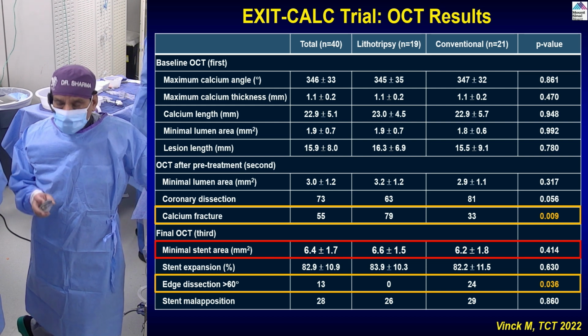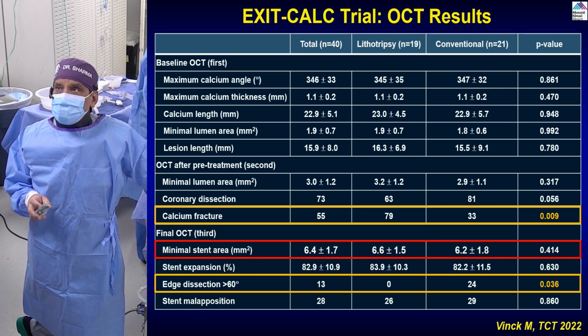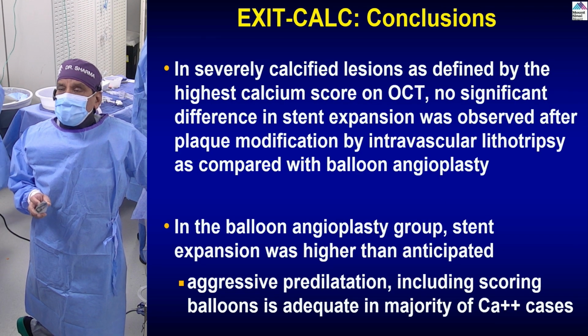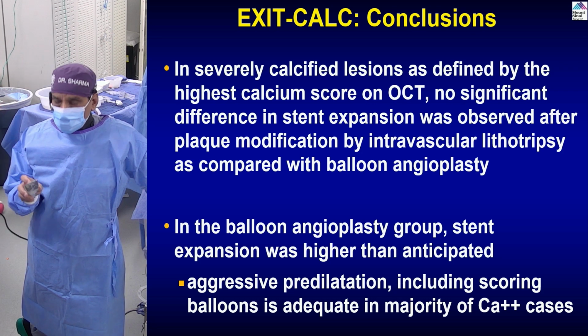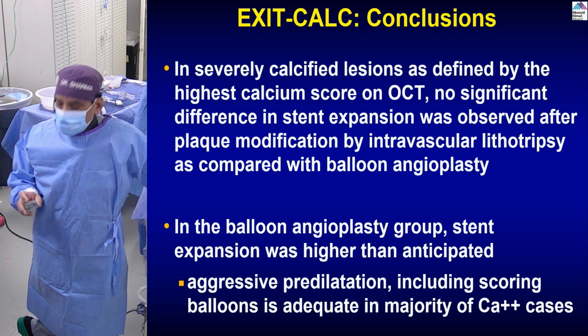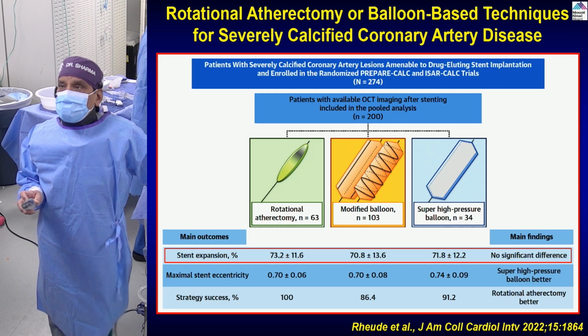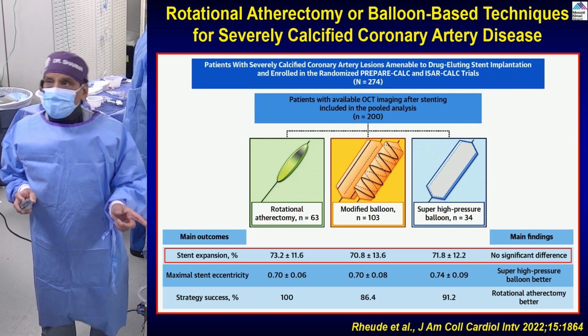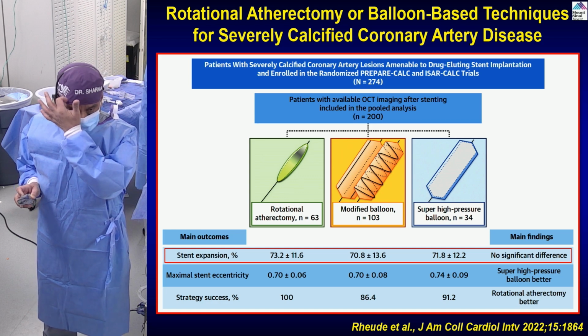So you definitely cause higher calcium fracture with the IVL, but definitely no difference in the stent expansion. So that basically showed that in this small study, there's no difference in terms of stent expansion. This actually echoes another study which I showed, the meta-analysis last month, that using